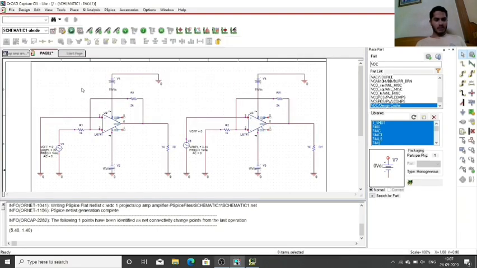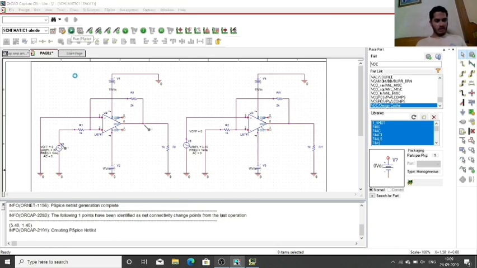Next step is to place the voltage markers. So we'll click on this icon. We'll place one marker at the input and the second marker at the output. And we press the escape key. Now we can click on this icon to finally run the simulation.